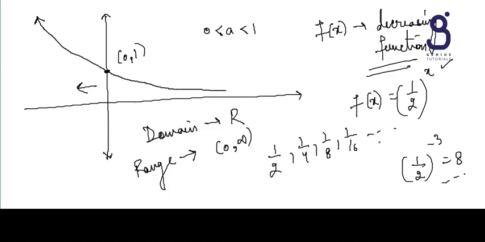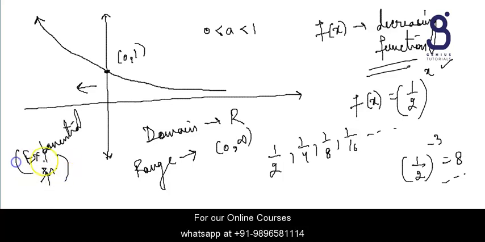So this is all about the exponential function, the first basic thing we should know before we start with the logarithm topic. So what is an exponential function and what are the possible graphs in the different cases, which is increasing, which is decreasing, what is the domain, what is the range for this exponential function. I hope you are all comfortable with this topic.